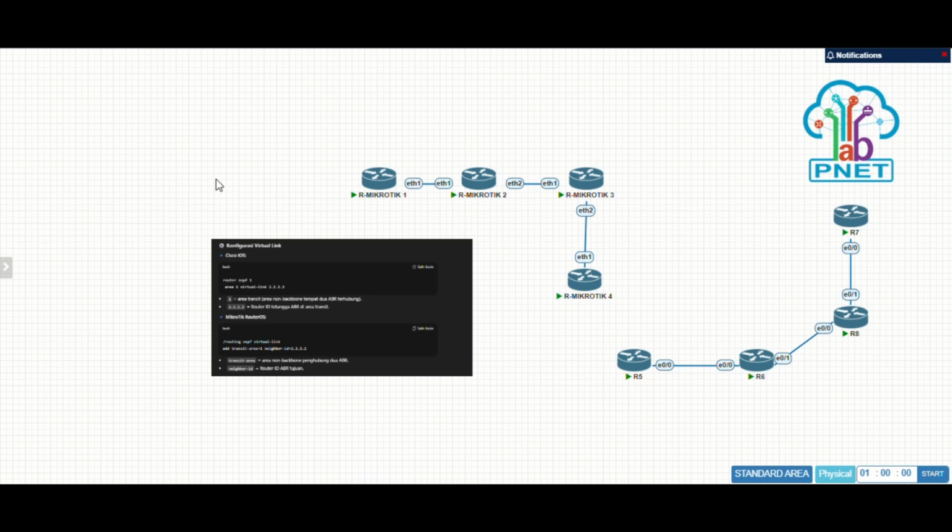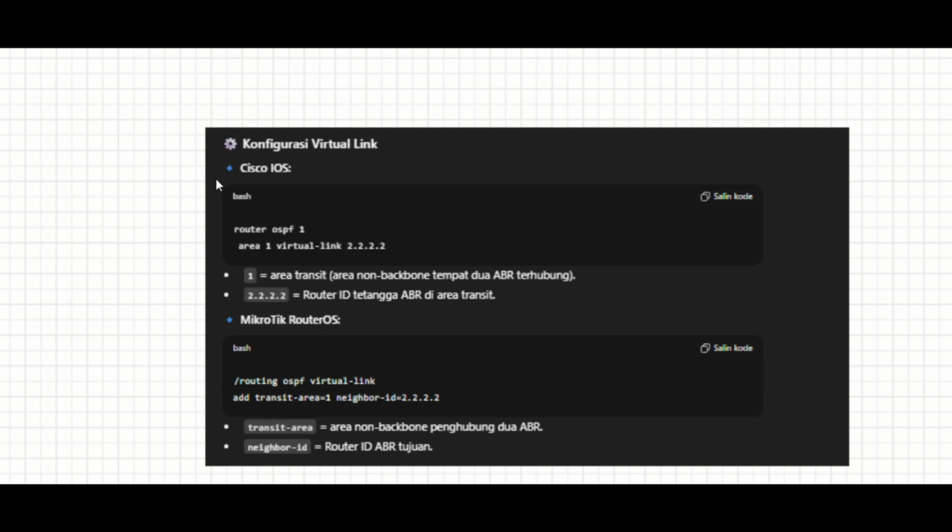So in the Cisco IOS, it's the same with the OSPF router, with the process number, and then the configuration is area 1. Area 1 is a transit, non-backbone area between ABRs, and then for the virtual link, after that it's the router ID of the neighbor ABR in the transit area.